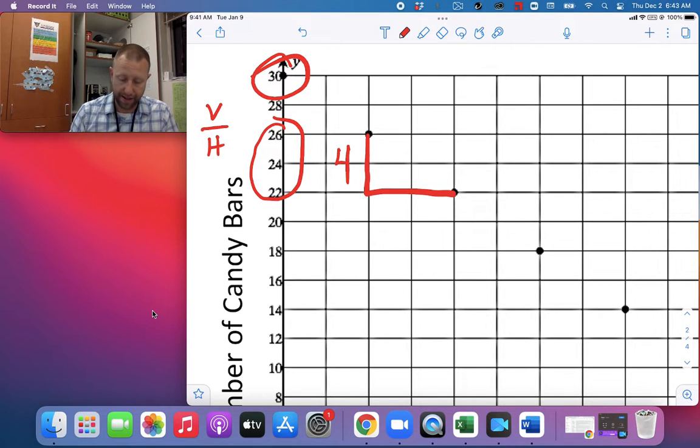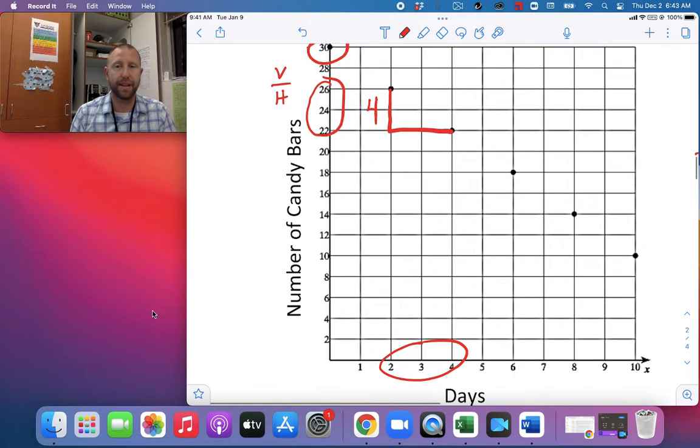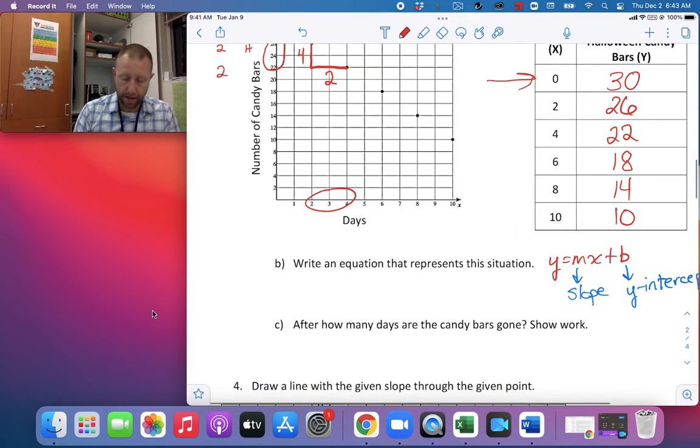And then down on the x-axis, I am counting by 1s. So when I see that it goes over 2 grid lines, that really is just going over 2. Okay, so my slope is 4 over 2. The vertical distance is 4, the horizontal distance is 2. Now 4 divided by 2 simplifies, right? 4 divided by 2 is 2. So my slope is 2. My y-intercept is 30. That makes my equation y equals